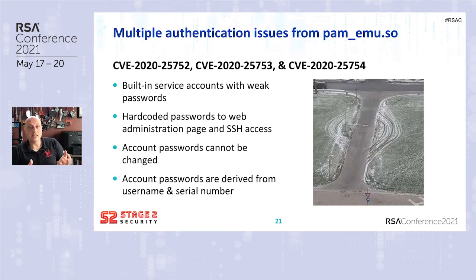Furthermore, each of those passwords can be calculated. Now that I know how it's calculated, all I really needed to get the password is the username I'm trying to log in with and the serial number of the device. So because of that, 3 different CVEs came out of that one really bad hardware design. And I had to look at this, and one of the big questions I ask myself is, why? Why did they go this route, right? Why do you intercept the authentication and go the separate route?